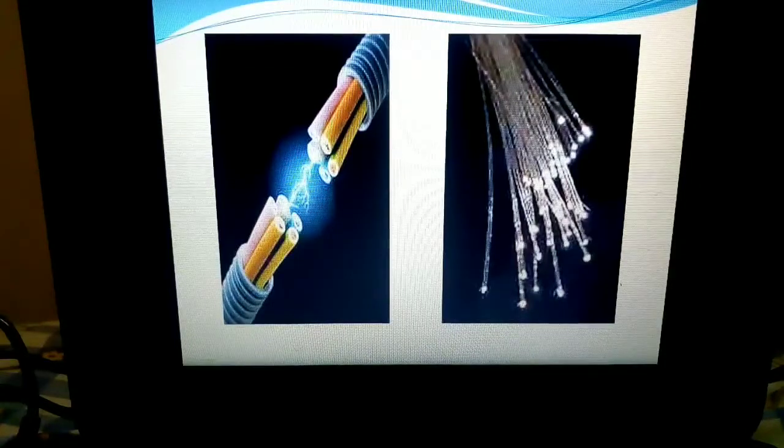If you are passing your fiber optics through harsh industrial areas, obviously unwanted noise signals will be generated in the industrial areas. There is no possibility that those signals may come and combine with your data, because you are not passing your data through copper wires. You are passing your data in the form of light, which has already been encoded.